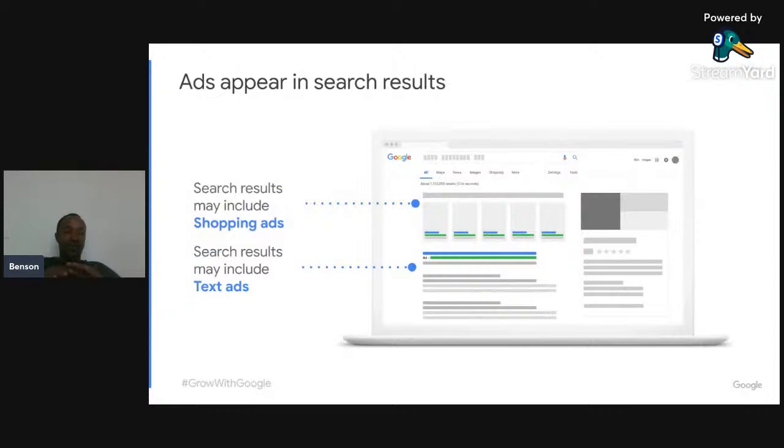There's also other that comes with a link, or there's a description and all that. And at the top, you may see images with associated product information. So these are the shopping ads that I was saying. Then